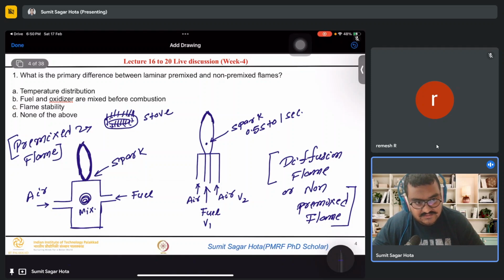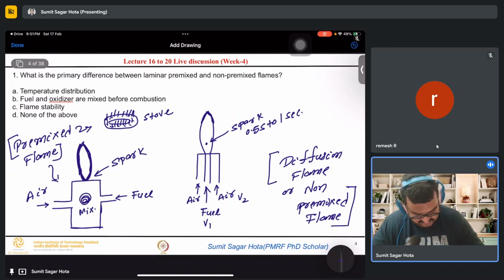Okay, in the stoichiometric ratio, when we supply the spark, burning takes place. That's one example I just took. The stove is also a very good example of a pre-mixed flame. So in one line, when air and fuel just mix together and then the spark is applied to burn the fuel, it's called pre-mixed.